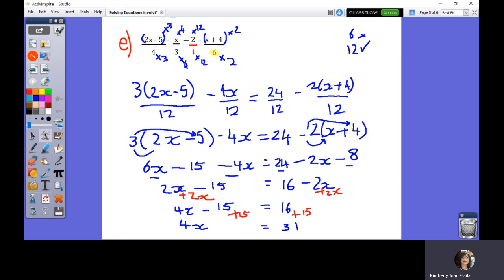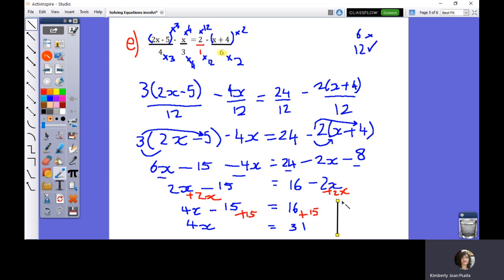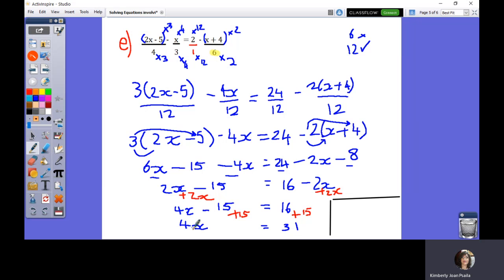I have to write a new step here because I don't have a lot of space. So let me finish here. In order to get rid of this 4, we divide by 4 on both sides, right? So we are left with 1x, which is equal to 31 on 4. You can use a calculator to divide 31 by 4. You can get the answer of 7.75,